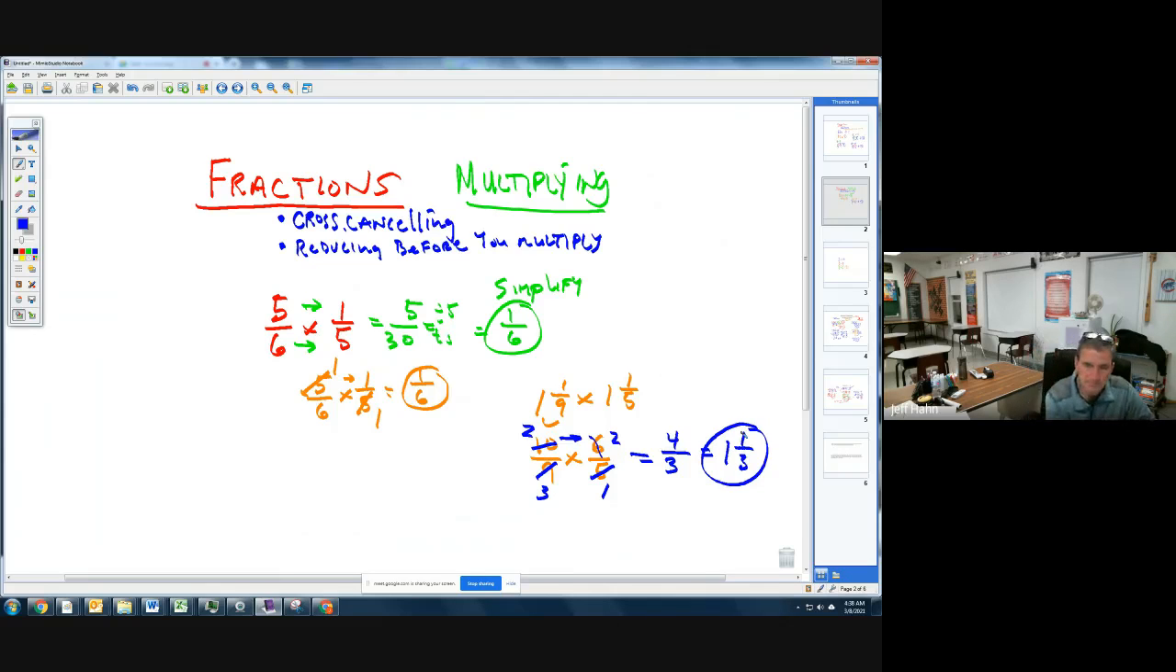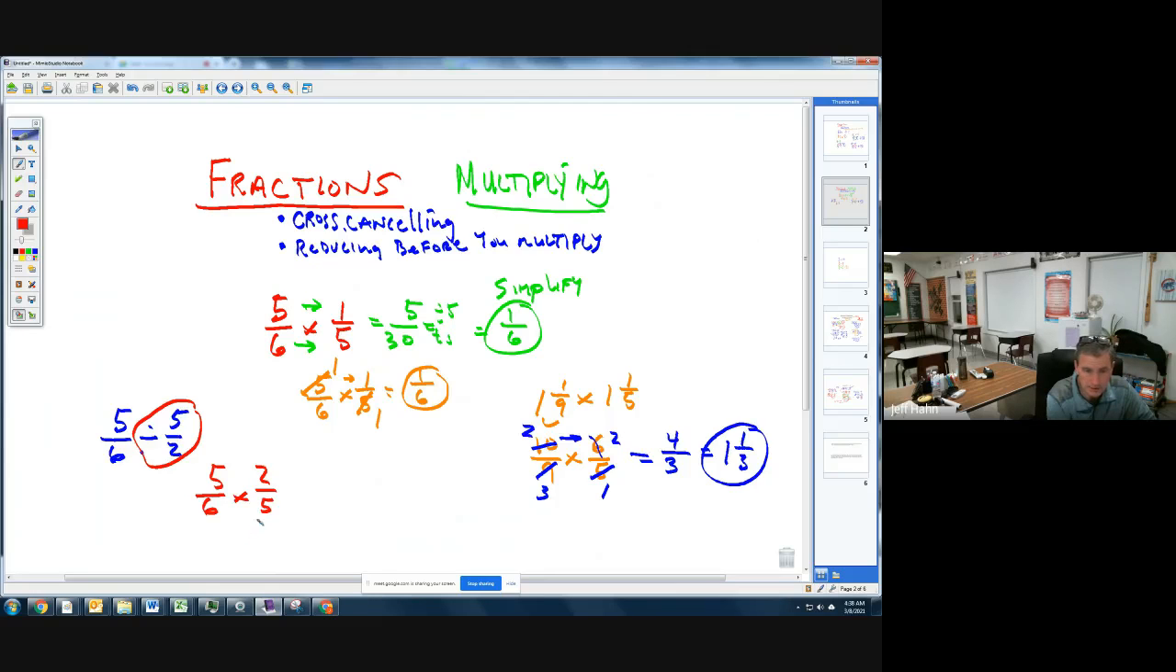Okay. And you can use cross-canceling with division, but you can't use it until you change the division problem into a multiplication problem. In other words, here's a division problem: 5/6 divided by 5/2. You can't even look to cross-cancel until you do the rule for division, which is to flip and multiply by the second fraction. So this becomes 5/6 times